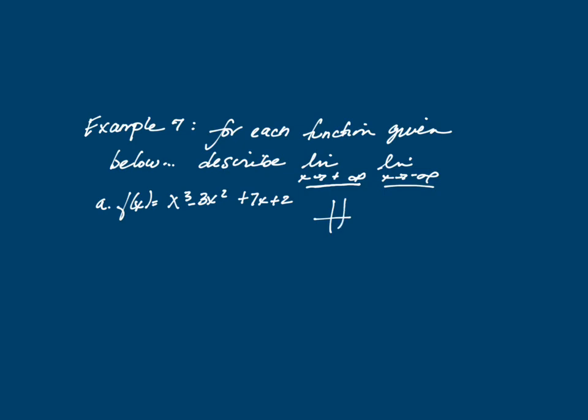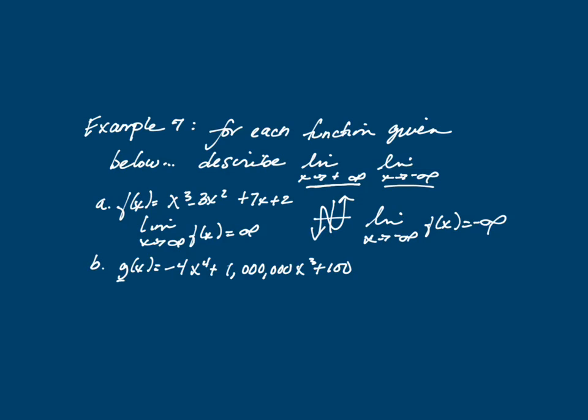No matter what, it's a positive cubic function, so it's going to look like that. So we can say the limit as x goes to infinity of f of x is infinity, and the limit as x goes to negative infinity of f of x equals negative infinity. So part B